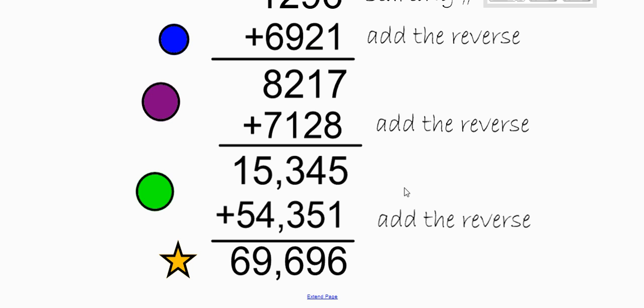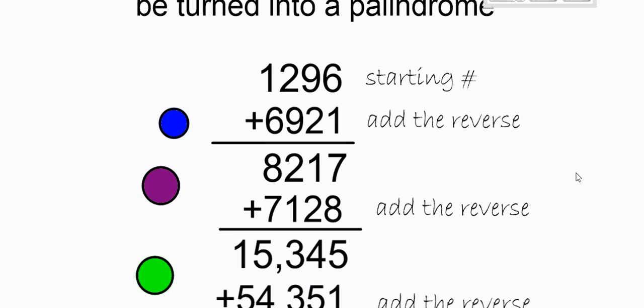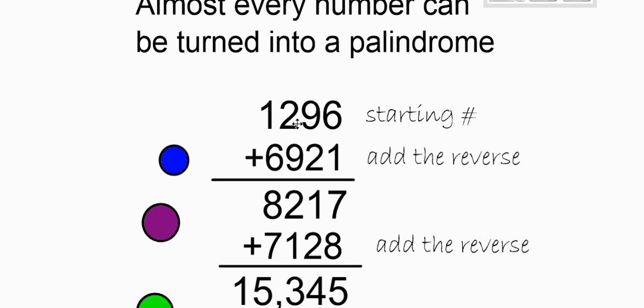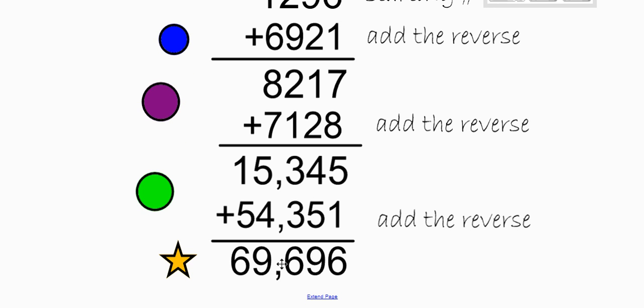What you are going to be doing, your challenge for this next week as you work through this problem, is you are going to have a list of numbers from 1 to 99 and you're going to find the palindrome for each of those numbers. And so what you're going to be doing is working through this process. You're going to have a starting number. You're going to reverse it and add it and continue doing these steps until you come up with a palindrome. Now for the most part, it takes anywhere from 1 step to usually about 6 steps,